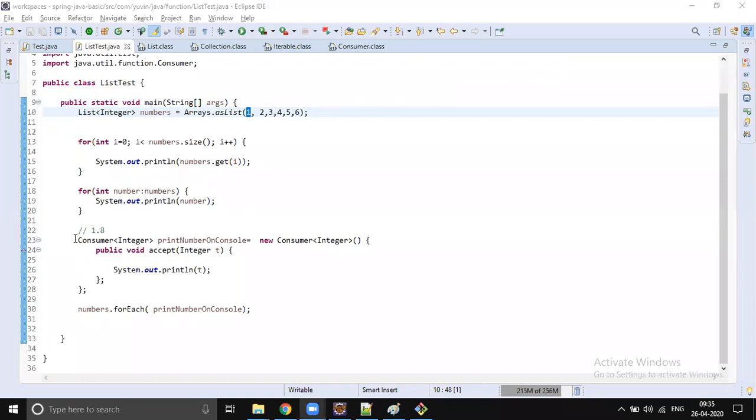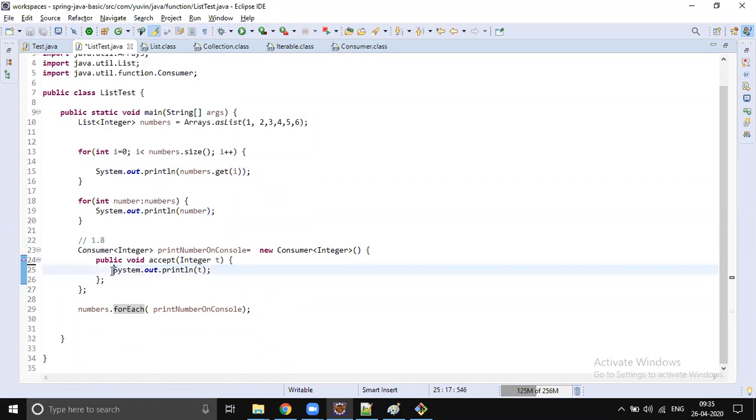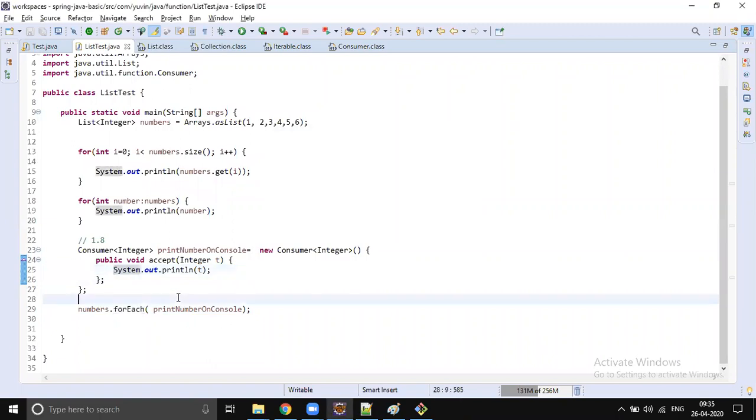Yeah. So here what I'm doing, I'm just calling this method, and I'm passing this object. And inside this object, what I'm instructing my JVM is: for each element, you iterate the collection, and print each element on the console. That is what I'm doing. It is going to be simplified a lot. It is not a lambda expression, and we are not following the best practice.